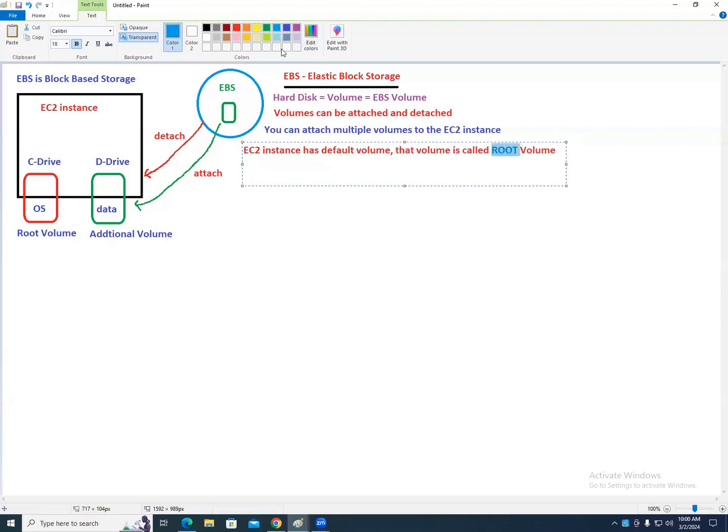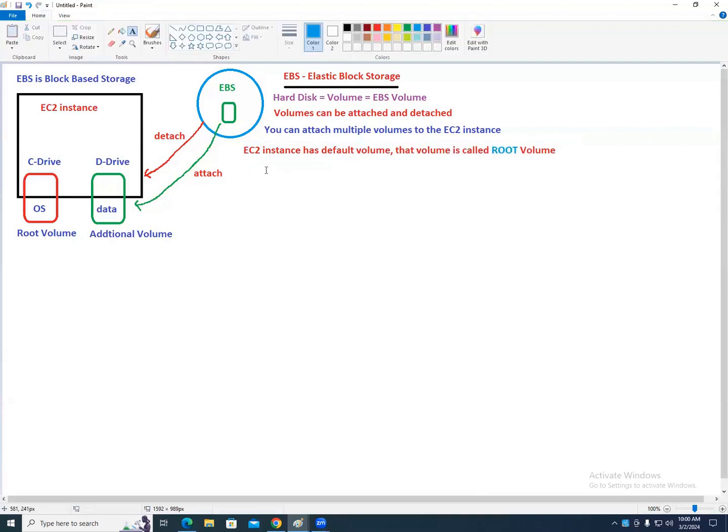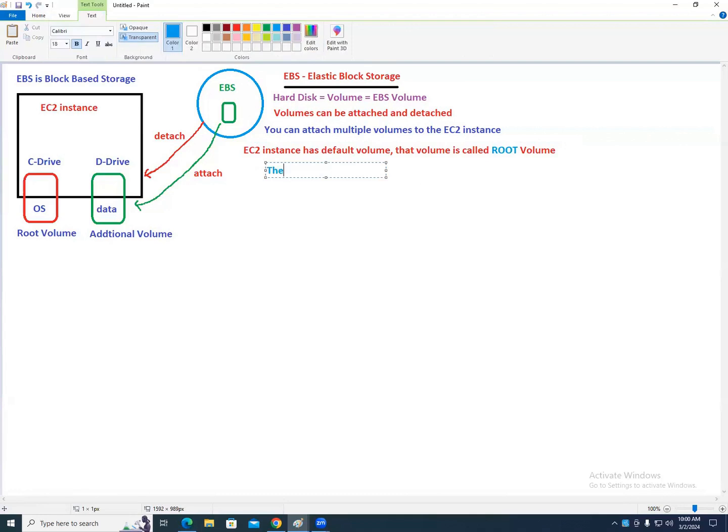What does the root volume contain? The root volume always has the OS. What type of operating system? Windows, Linux.